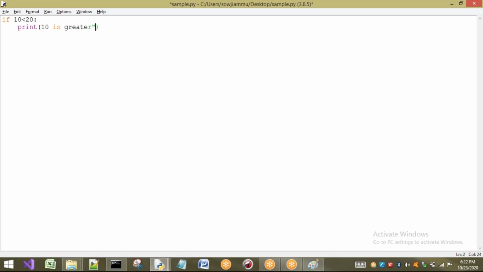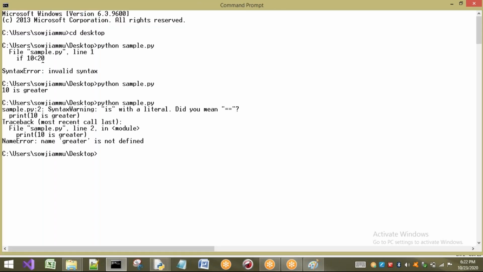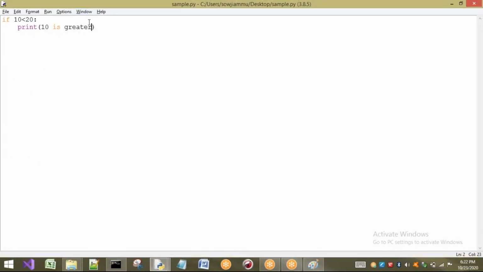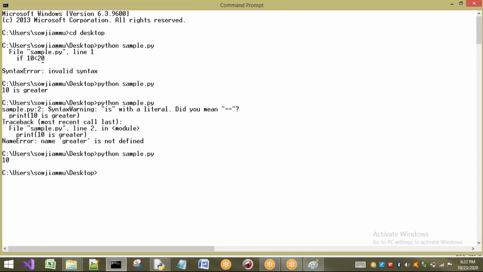In the same way, here I am going to remove these brackets, for example, and I will save this program and try to execute it. See, clearly it is saying some name error. Why is it going to give a name error? I will explain later, one minute. Just I will write 10 here. First, I want to show you about this one. Here I will execute this. Observe, is there any mistake?